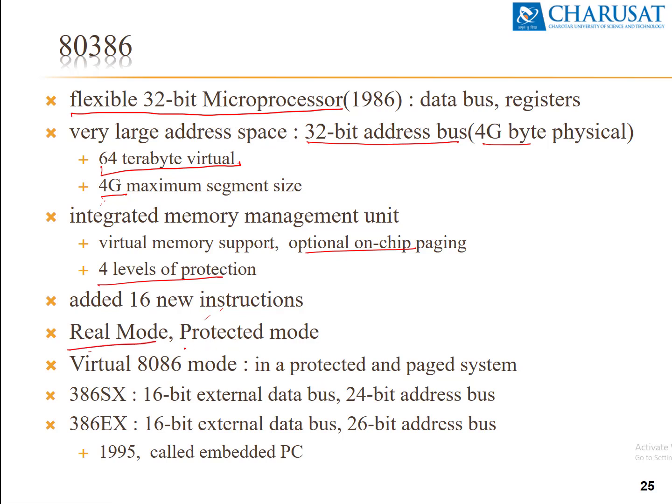It can operate in real address mode and protected mode, same as in the 80286. Virtual 8086 mode, same as the 80286, means it can support instructions written for 8086 mode. From the 80386 onward, Intel started to develop multiple variants of the same processor. So the 80386 has variants SX and DX. SX and DX both have different address buses. SX has a 24-bit address bus and DX has a 32-bit address bus. So DX can support a larger memory address space than SX.